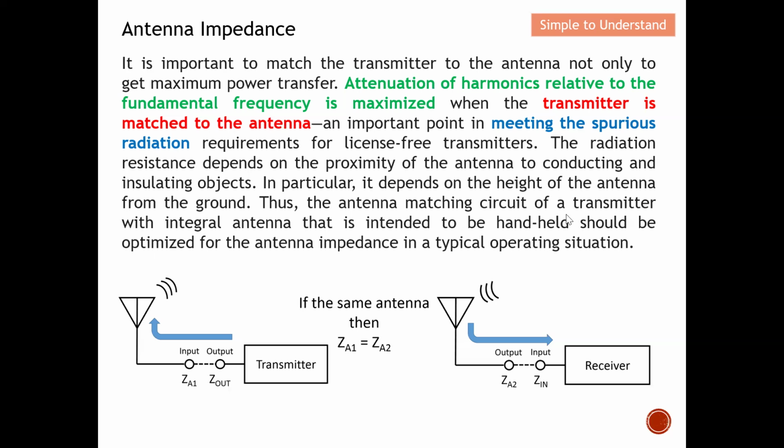Thus, the antenna matching circuit of a transmitter with an integrated antenna that is intended to be handheld should be optimized for the antenna impedance in a typical operating situation. In short, the antenna matching basically needs to be optimized based on your use case, whether it's handheld, then you need to do it handheld, or actually mounted on, say, a rooftop,